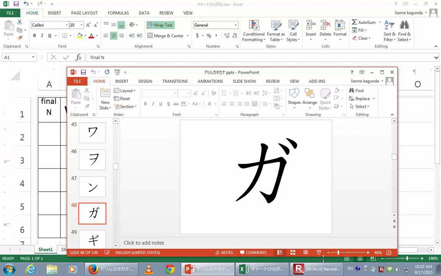Oh, and the other thing we haven't talked about yet in here is the dash. What looks like a hyphen is an extended vowel in katakana. It doesn't get used as often in hiragana. In hiragana, usually you spell it out with whatever vowel sound you mean. But in katakana, they usually use the dash instead of writing the same vowel sound again. Okay, so